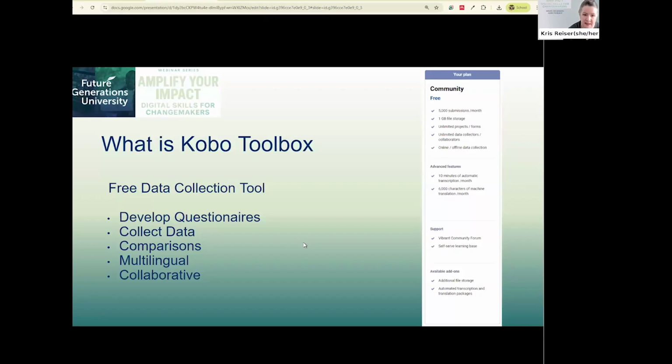It can help you collect data, do automatic comparisons of data. It is multilingual, which is very helpful. And it also can do some live translation, or it can do some translations in app, which is also very helpful. And you can work together with multiple people on a